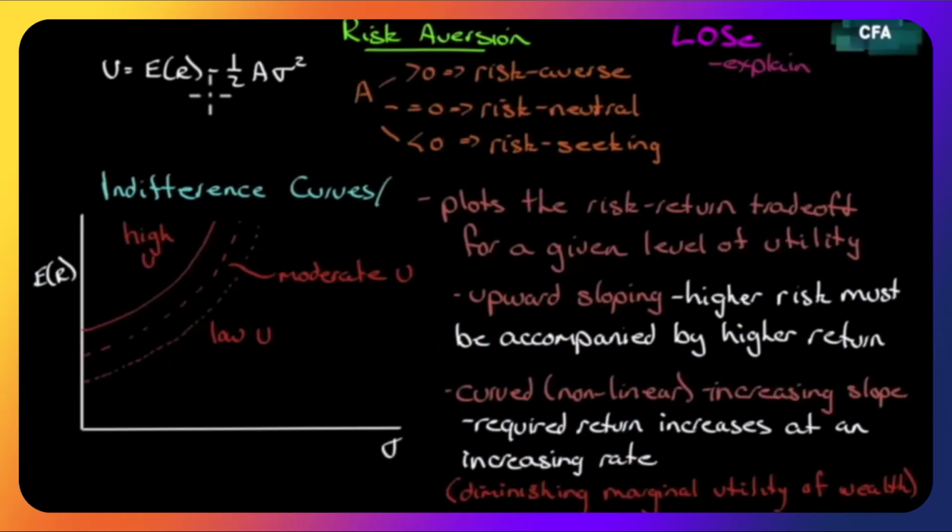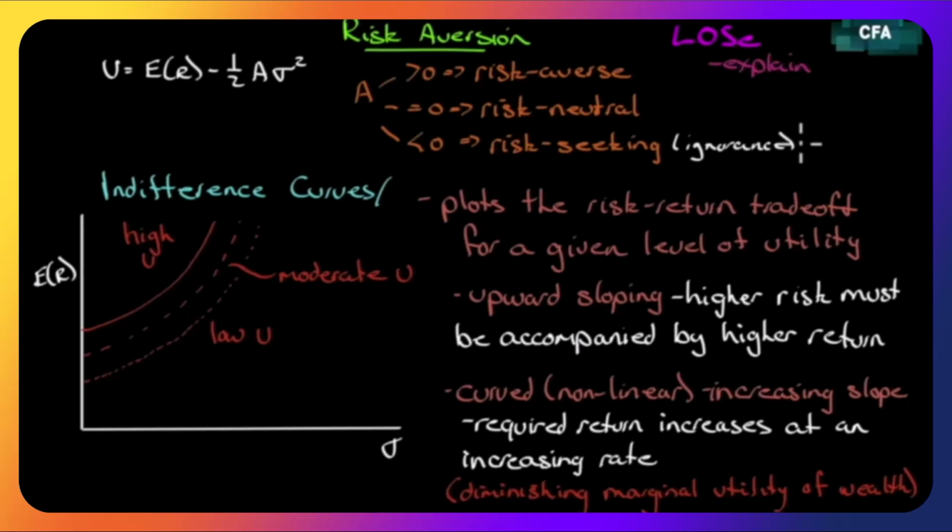So just to finish up on the utility function that we have here, we can look at A in terms of three different positions A can take. A can be greater than 0, which implies risk aversion. The greater it is, the more risk averse. A could be 0, implying risk neutrality. Or A can be less than 0, implying risk seeking. And I'm just going to put my word in here, risk ignorance. They just don't know the difference.